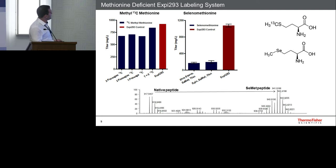We've generated data using either a 13C methionine variant or selenomethionine, both very common in the structural biology world for NMR, for example. For the 13C methionine, the cells really don't know that they're in it. They grow perfectly fine. You can employ any number of strategies to label your cells, either by passaging them continually in the 13C, which could get a little bit expensive, or simply, we've also done time zero, where you just spin the cells down, wash them, or replace the media, and you can still get a very high 90-95% incorporation ratio